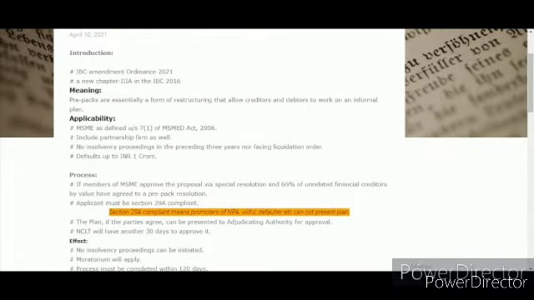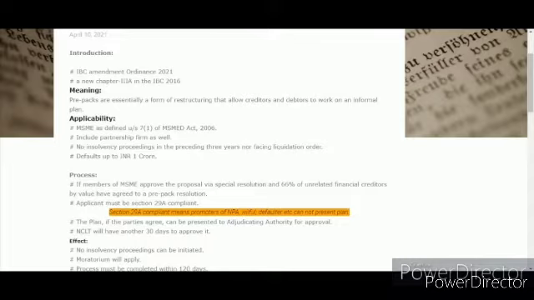As I said, it is applicable to MSMEs. MSME is defined under Section 7, sub-section 1 of the MSME Development Act 2006. It also includes partnerships, because till now, under the IBC, only corporates were dragged to the NCLT, but this process is also applicable to partnership firms, the registered ones, not the unregistered.